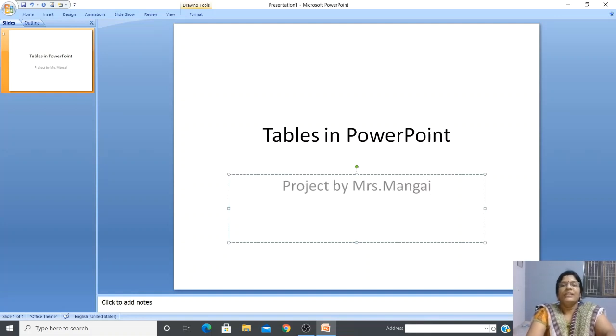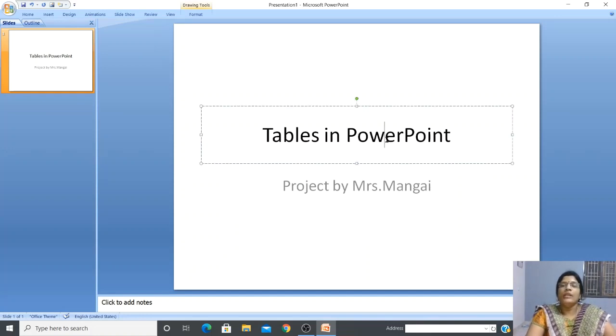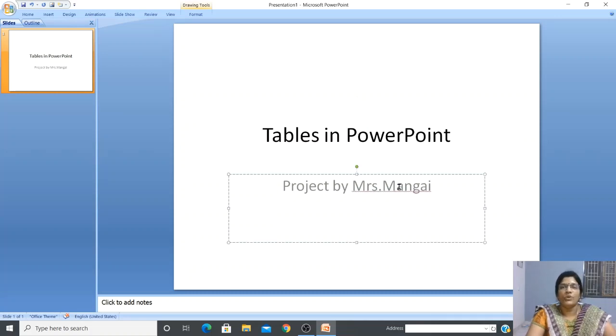Okay. Now, see here it is a text box, right? So as you know, in PowerPoint, each and everything we are writing is inside a text box. Okay. So this text box, I want to move it and put it at the right side, because the heading Tables in PowerPoint just below Project by Mrs. Mangai doesn't look good. Okay. So I want to just move it to the right side.